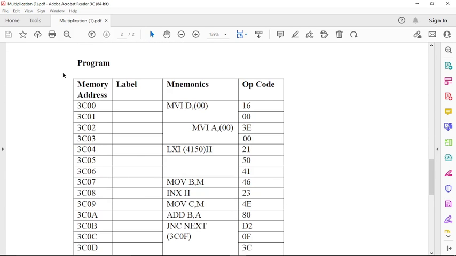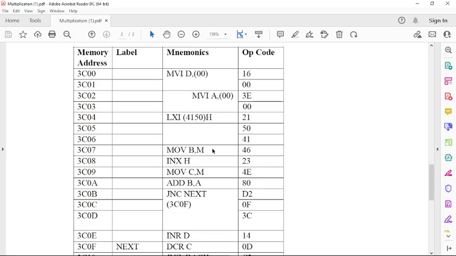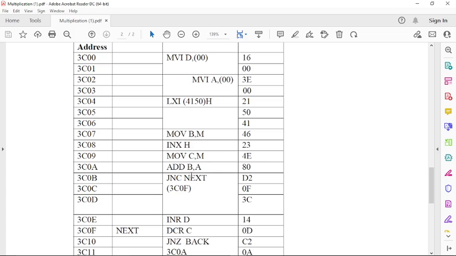Then this program starts from 3C00, MVI D, 00. This is the initialization for carry. Then clear the accumulator, load the HL pair with the first number. Then we have to move that first number to register B. Then we have to increment the HL pair. Then we have to move the second number into register C. Register C is the counter.